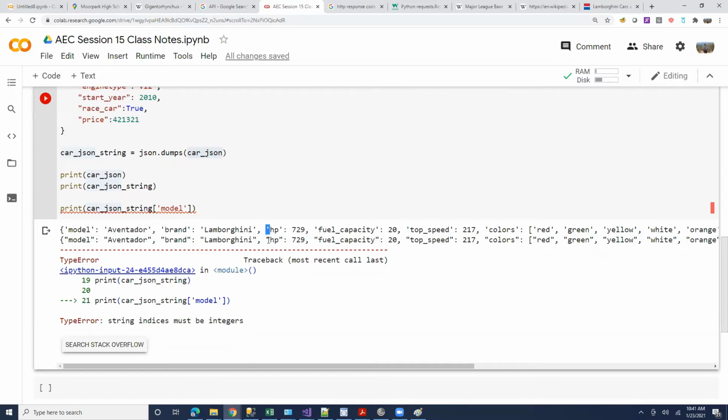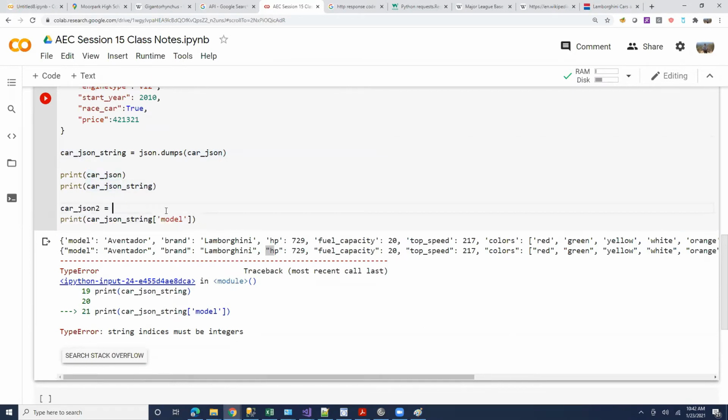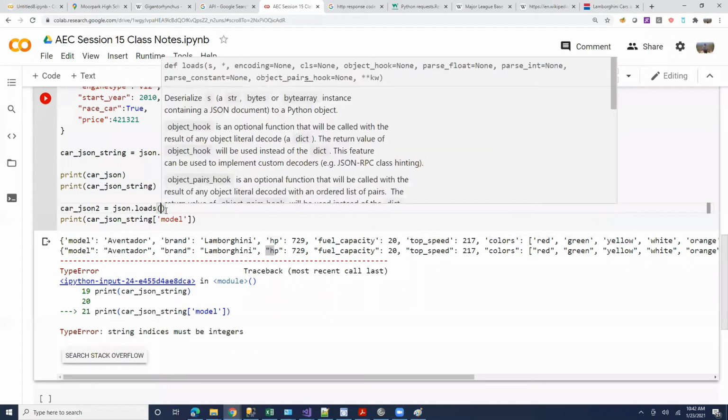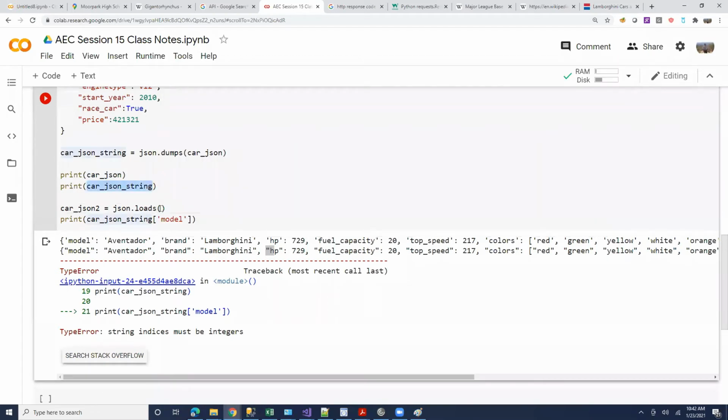Make sense? So when I say json.dumps, it's converting a dictionary to a string. If I want to convert this string back into a dictionary again, that would be json.loads. And I can do that here.